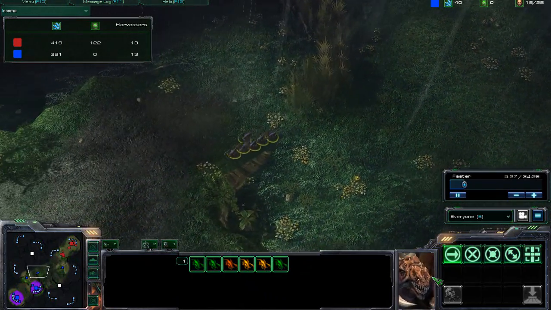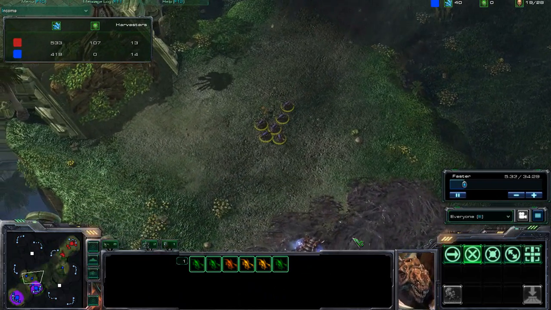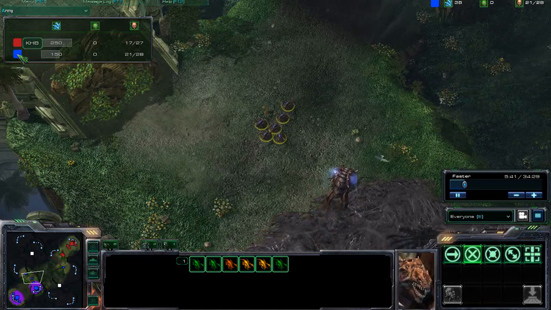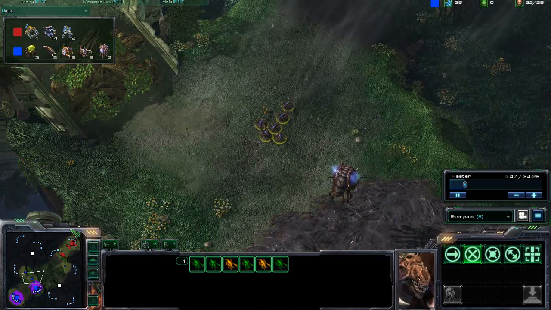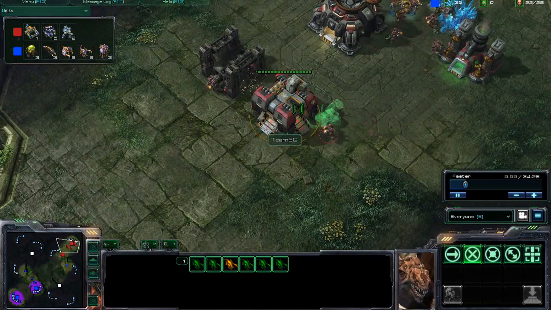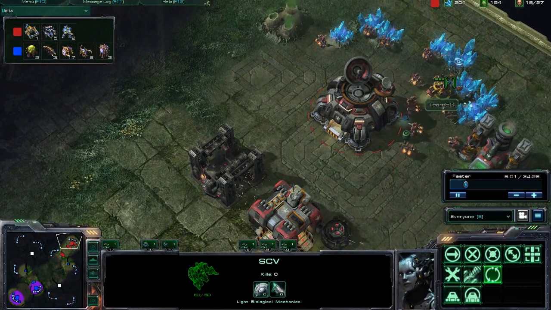KHB with some great micro in that fight, able to use those drones in order to push back some of those SCVs. Taking a look at the overlay right now, we have TeamEG sitting at 14 versus 14. Taking a look at the armies, TeamEG has the much larger army with perhaps 5 Marines. Yeah, no, 2 Marines and a couple of SCVs. Where's the rest of that money? Oh, factory, and a double factory now being produced. And TeamEG also has that